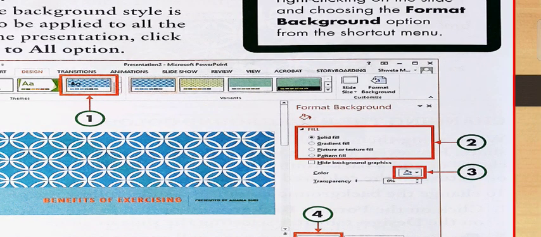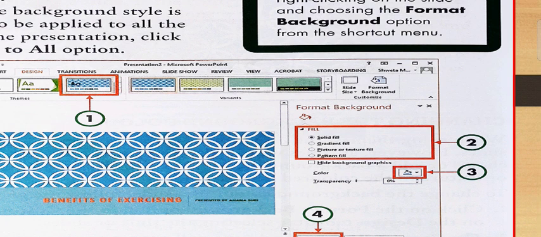Then you will see four options available here: solid fill, gradient fill, picture or texture fill, and pattern fill. First, select the solid fill radio button to apply a solid color as the background to the slide. If you click on the solid fill radio button, your presentation has a solid color.